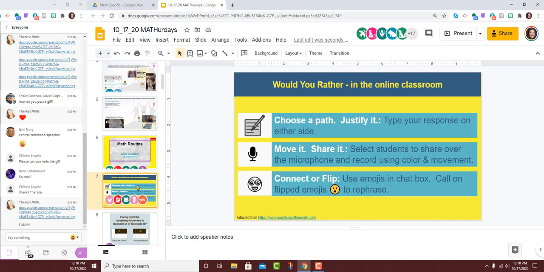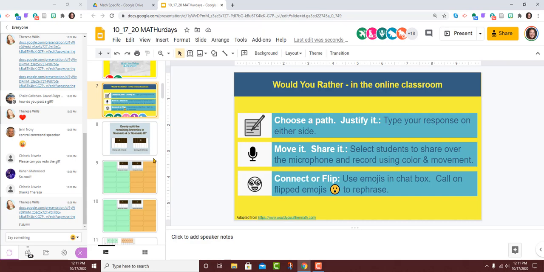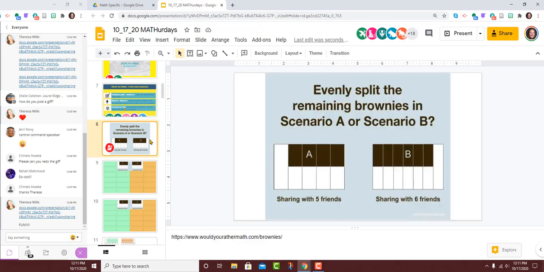We're going to type a response on a slide for one side or the other. And then we're going to have a little bit of dynamic time where we move things around and use the microphone to share out. And I'm going to be looking at emojis during this phase. If you find that you're thinking like, gosh, I want to switch, there's going to be a specific emoji to use, and that's going to demonstrate that out to the class. All right, so let's explore it. Let's have a chance to do this like a learner, and then we'll come back and talk as a teacher.